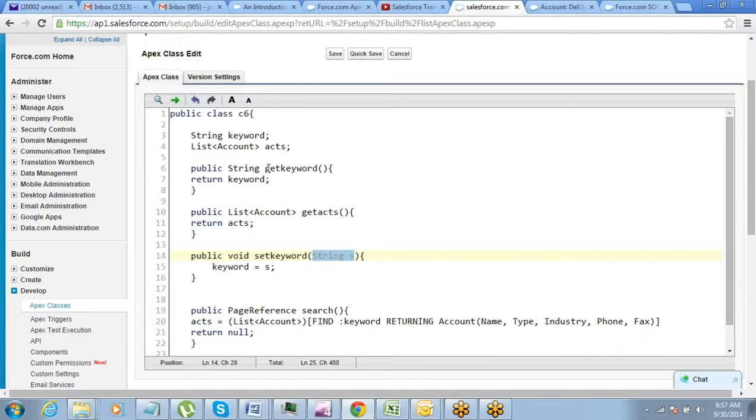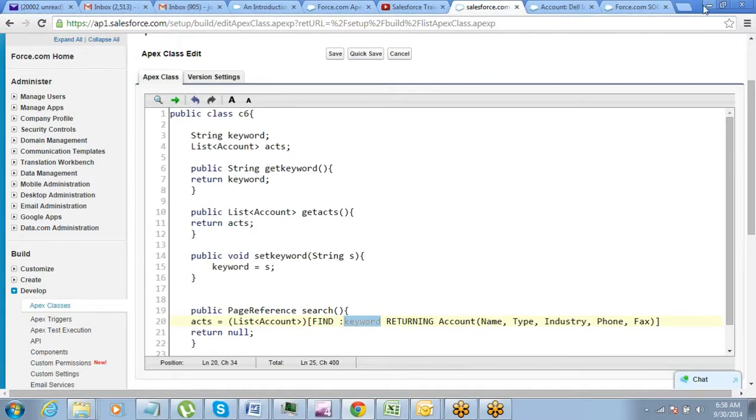So if you type in, let's say, keyword ABCD, that is stored in this parameter, because this is something which is working in your method, right? In the next line you set it to the keyword and then you perform the search on the basis of keyword. So if you type in ABCD as your search term, firstly that will be passed on to this parameter, and then from there it will be saved into this variable keyword, and then you are searching this variable keyword in your SOSL query. Got this thing?